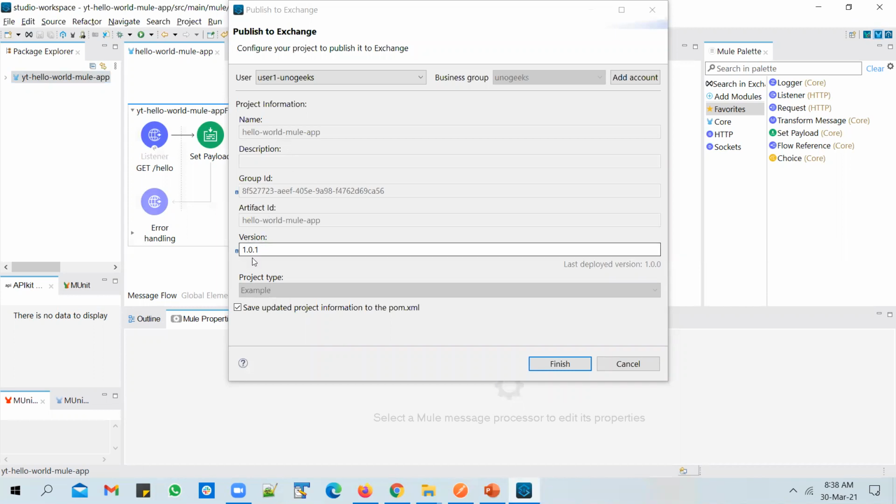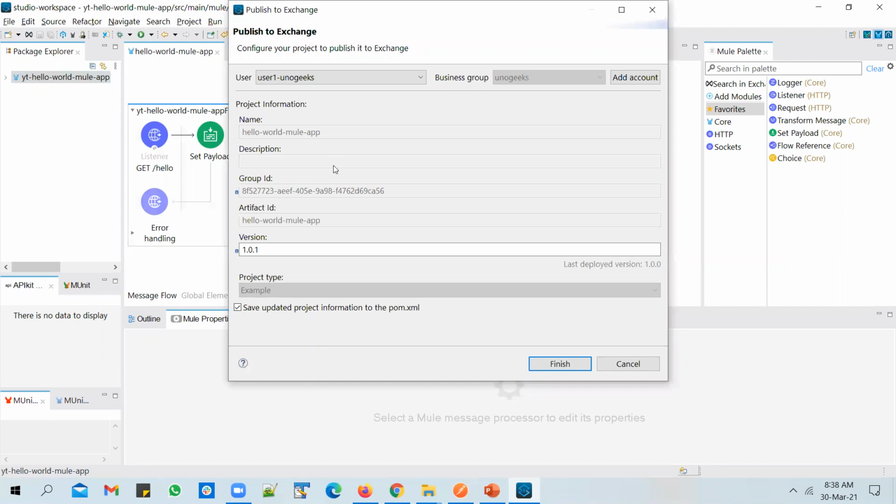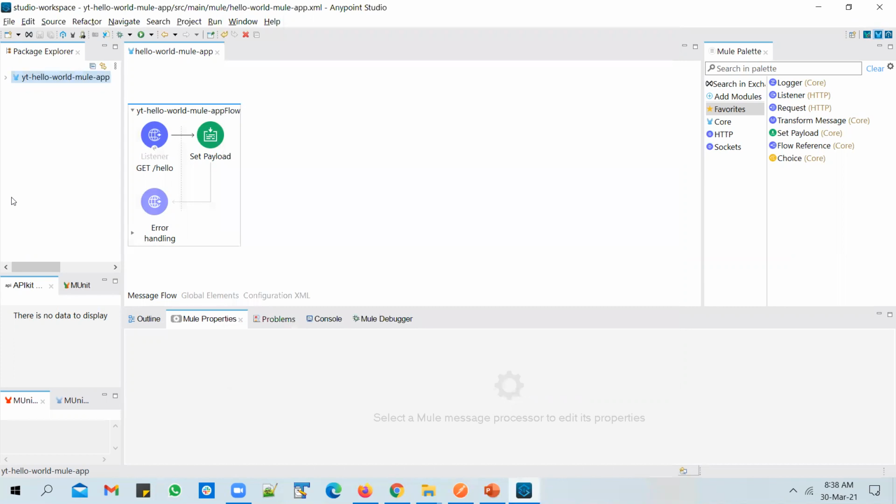So the reason why you're seeing a 1.0.1 is I already have a Hello World Mule application deployed. So even though I renamed this, I believe it has picked up the project name still as Hello World Mule application. So what we can probably do is, yeah, we can deploy it as 1.0.1 version. That's absolutely fine. And we can just click on, or let me just do it this way. Let me just go to